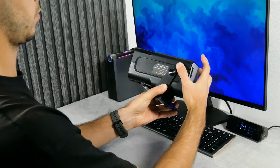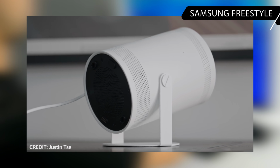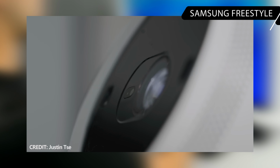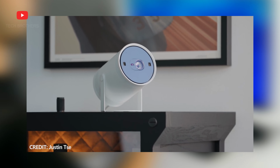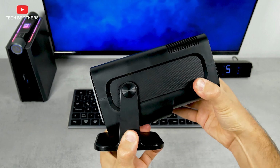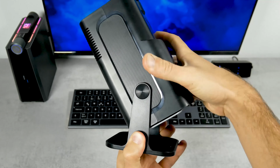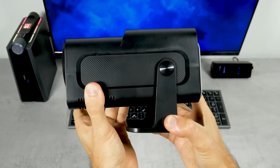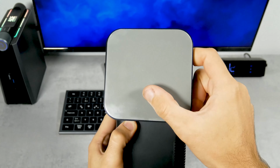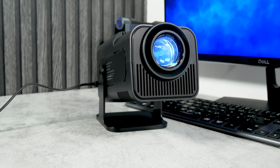This is one of the latest trends in the projector market, and I think the Samsung Freestyle was one of the first of its kind. However, the Samsung projector is almost 7 times more expensive than the Alliwava HY320. By the way, the projector does not rotate smoothly, but in steps. It's actually not that easy to do, and you will need to use 2 hands. There is an adhesive pad at the bottom of the stand, so you can stick the projector to the table